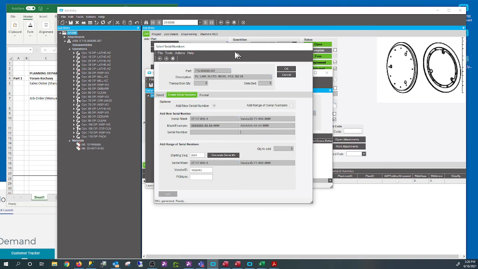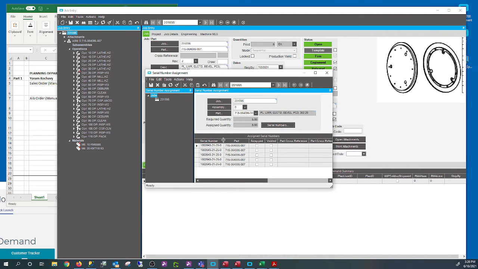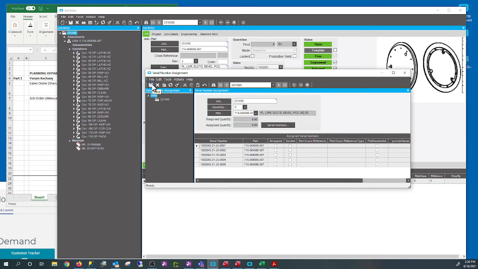Now it has been created. Just click OK. After you have that, say okay. Yeah, click OK. So these are the serial numbers that have been created out of that. And then after that, save it again, right here. After you save it, just close it. It's already been created. As you can see here, you have a quantity of 5, and this is actually 5 serial numbers assigned to those part numbers. Okay? I'm going to close this one now.